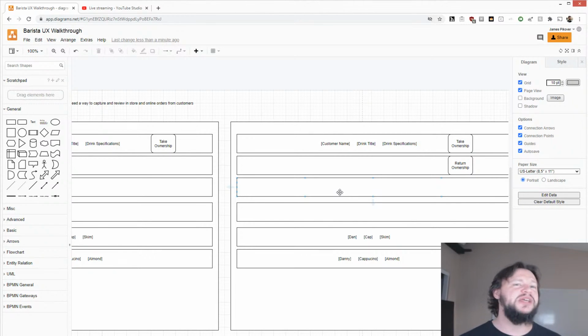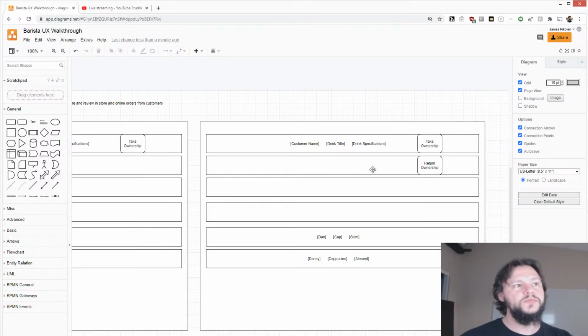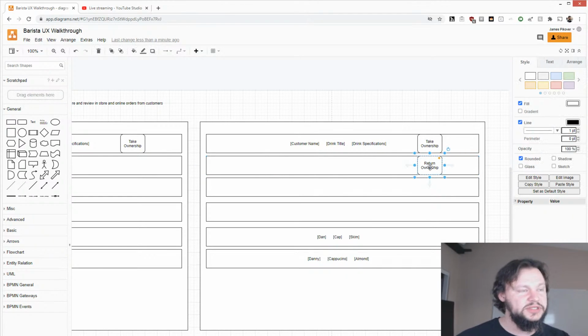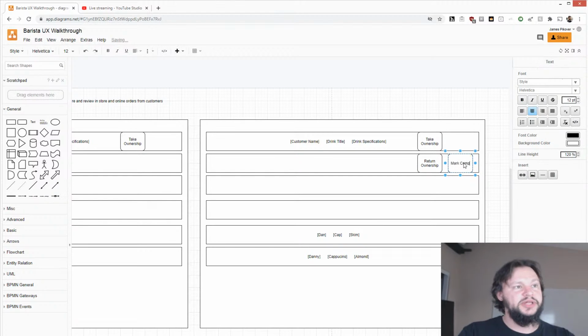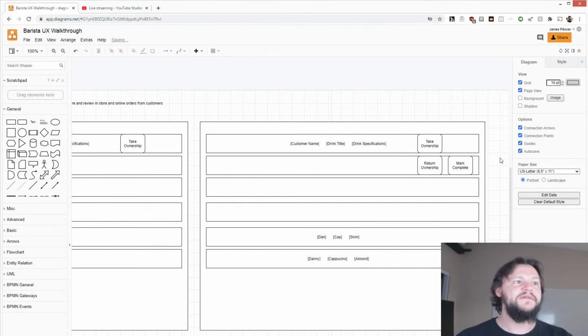But again, that might be a little too much for the time being. Now, if you can take ownership, that means that the other thing you should be able to do is complete a drink order. So let's go like this. We'll duplicate the button and we'll say mark complete. Now, if the drink is marked as complete, that means that we will eventually have a list of completed drink orders,